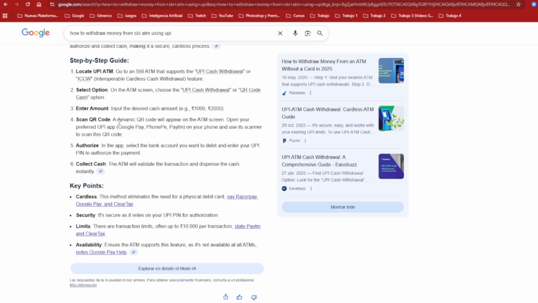Step 4, scan QR code. A dynamic QR code will appear on the ATM screen. Open your preferred UPI app, for example Google Pay, PhonePe, Paytm, on your phone and use its scanner to scan this QR code. Step 5, authorize. In the app, select the bank account you want to debit and enter your UPI PIN